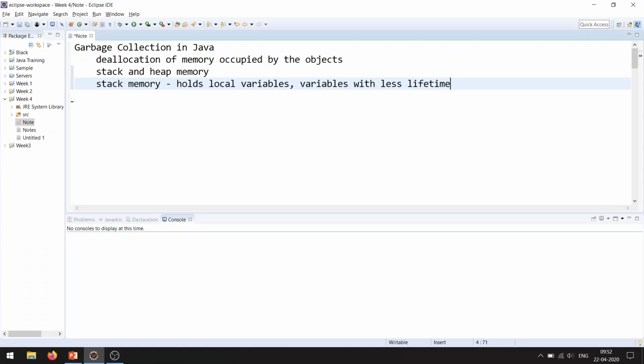Because the lifetime or scope of a local variable is always very small compared with instance variables and static variables. So inside the stack memory, local variables get stored, and inside the heap memory, objects are stored.